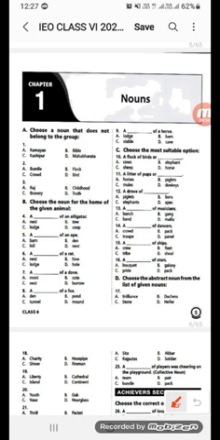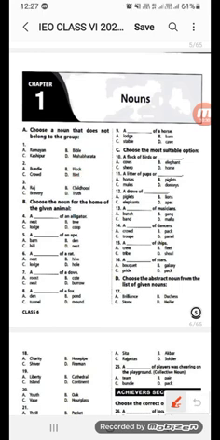Option C, crowd. This term is also an example of collective noun because we use this term to address a group of people. Bird, it's the name of an animal. So, bundle, flock, crowd, that means options A, B, and C are examples of collective noun, whereas option D is a common name of an animal. So, option D will be the odd one in number 2.